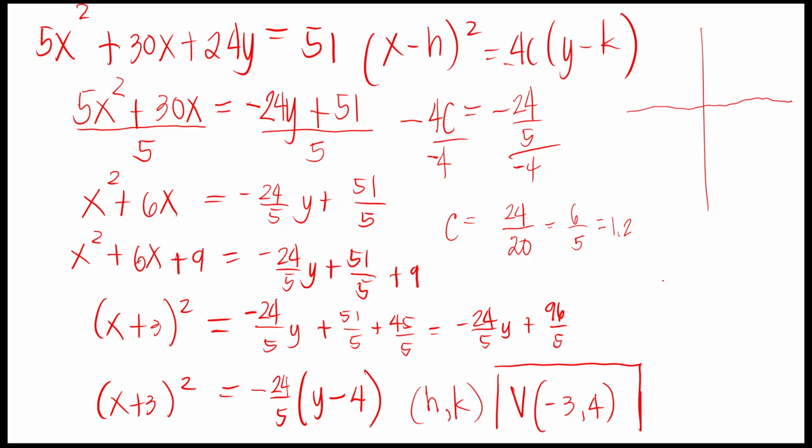We start with the vertex, which is negative 3, 4. That is 1, 2, 3, negative 3 for the X coordinate, positive 4. So we go upward, 1, 2, 3, and 4. So this is the vertex, negative 3, 4. Then we draw the parabola. Since we get negative 24 all over 5, ang gagawin natin is the parabola opens downward. Okay? Because ang x squared variable natin is x.